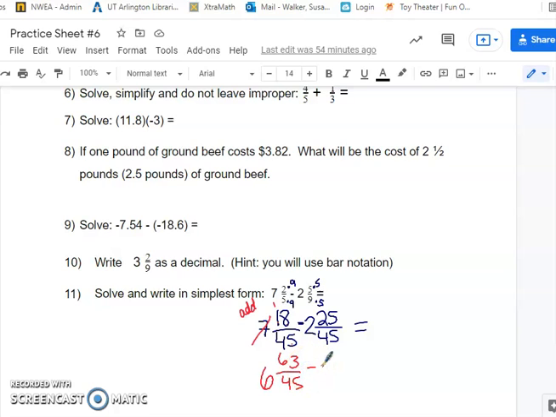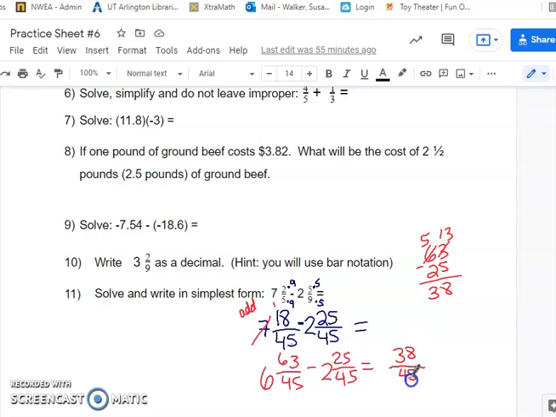Minus, this one stays the same. Now this one, I'm going to let you finish up from this point. So you are going to subtract 63 minus 25. Actually, I'm going to do this with you. 63 minus 25, right? That becomes 13. That becomes a 5. So we get 38